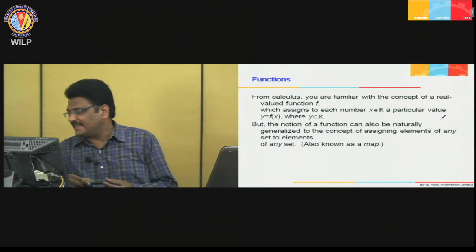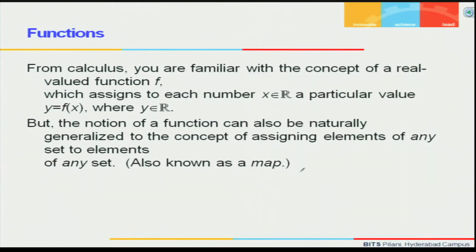A real valued function basically is something like this. f you denote like this, from the set of real numbers to the set of real numbers. When you say f of x is equal to x plus y, this is a real valued function because it takes a real number and gives you another real number. You all are aware of this. If I take 2, what is f of 2? f of 2 will be 7 if I define f of x is equal to x plus y. This is what a real valued function is.